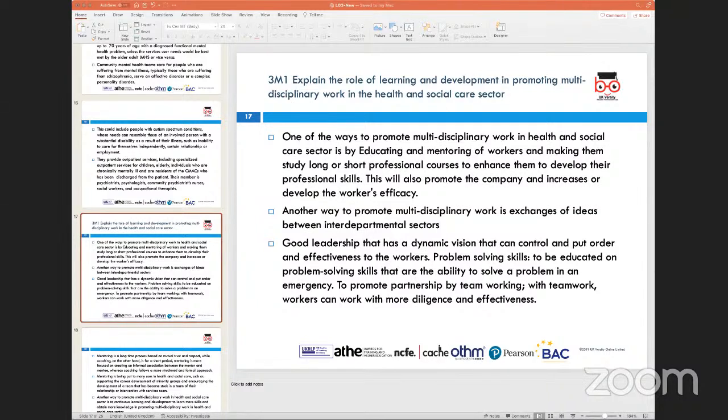You would also need to look at if there are new equipments, or, let's say, a procedure is rolled out in the department and a new equipment has been introduced, then you would also need to get training on that new equipment to be able to work with that equipment, but also being able to draw meaningful references which are required for you to be able to tabulate into a report. If the customer, in this case a patient, has had an X-ray, the X-ray scan would need to be interpreted and put into context in terms of how it is related to the treatment plan which the patient has.